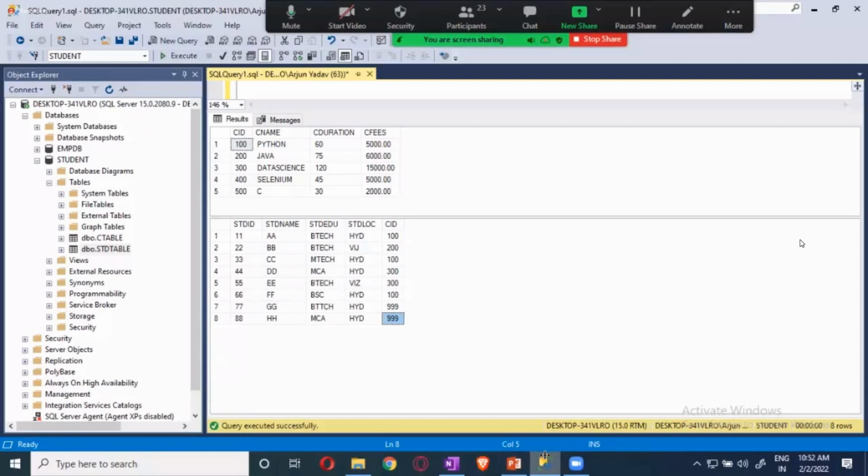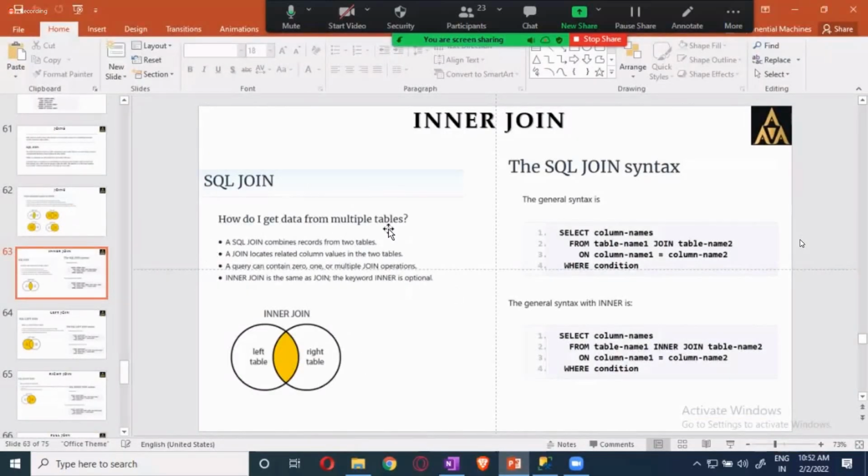Now, if you see the syntax over here, this is the inner join. First you take what columns you want. I want all the columns. And then from which table? What is the left side table? Table 1. Left side is the student table. And join, inner join. When you say join, it is nothing but the inner join, you have to give it over here. Inner join and give the next table name. What is the next table? Course table. Left side will be the student table. Right side will be the course table.